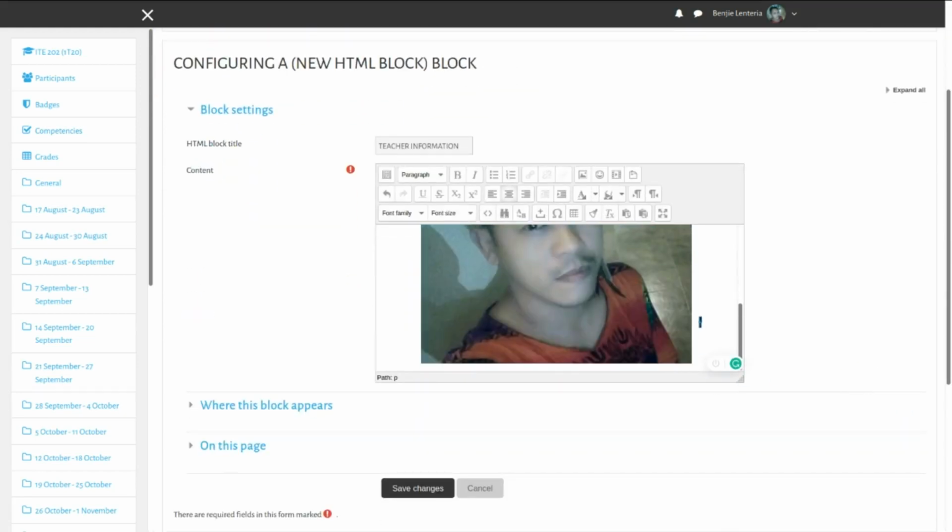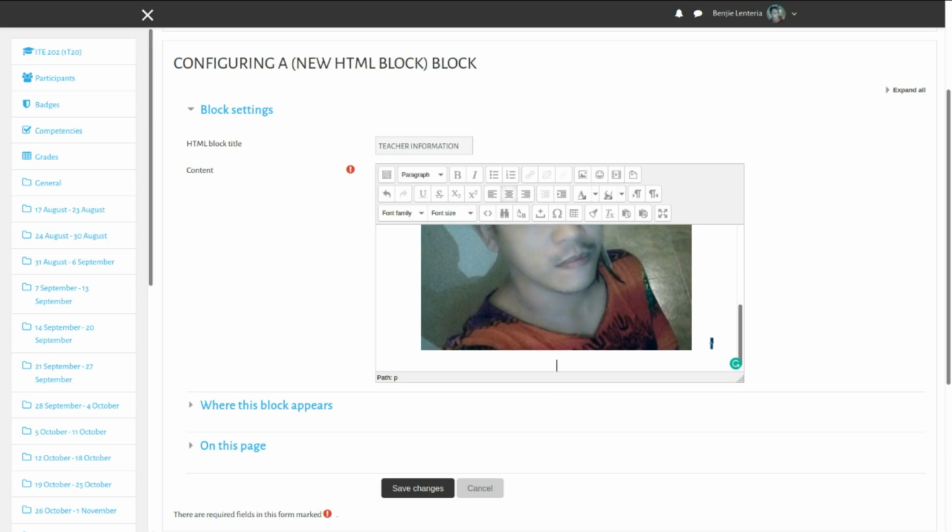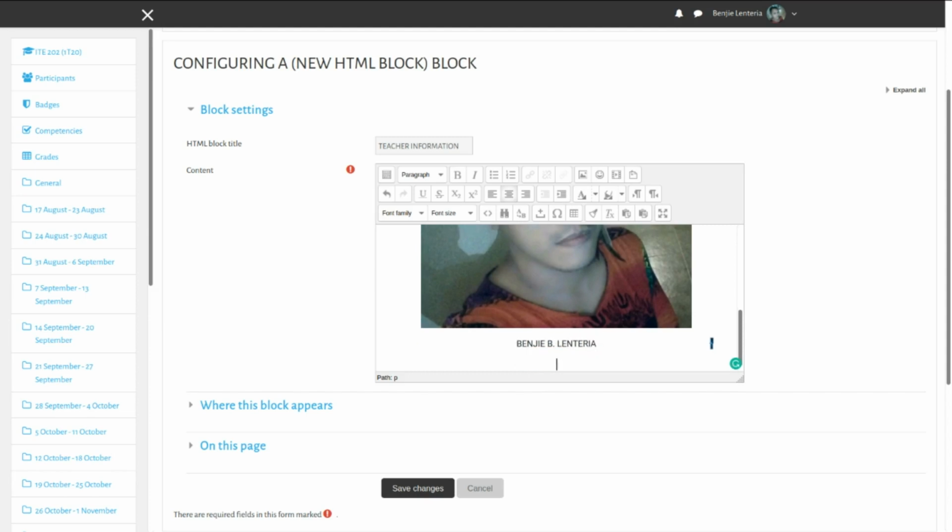Don't worry if it's too big, because it will just adjust to the width of your block. And since our block is a little small here at the side, it will also be small. Then below it, we're going to put my name. Then instead of pressing enter, because pressing enter is going to create a new paragraph,